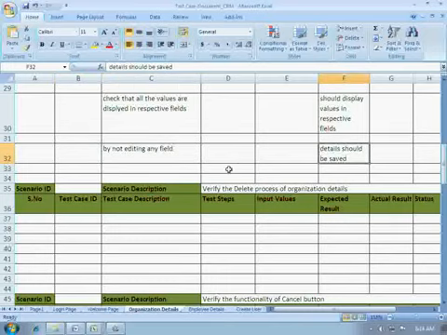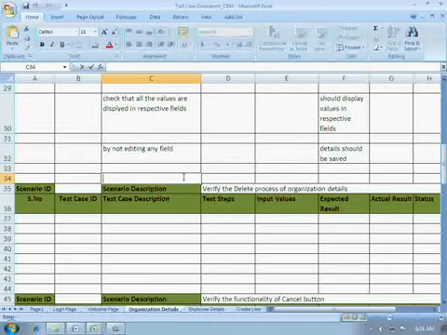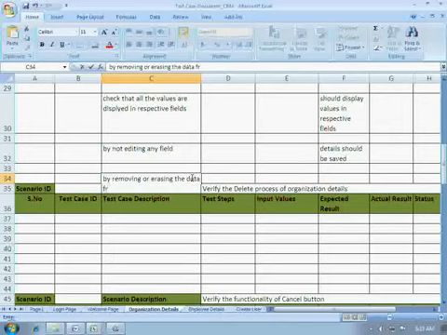Go ahead and write an SQL query here, and we can also write a test step here: test to check the functionality of edit process by removing or erasing the data from all the fields.